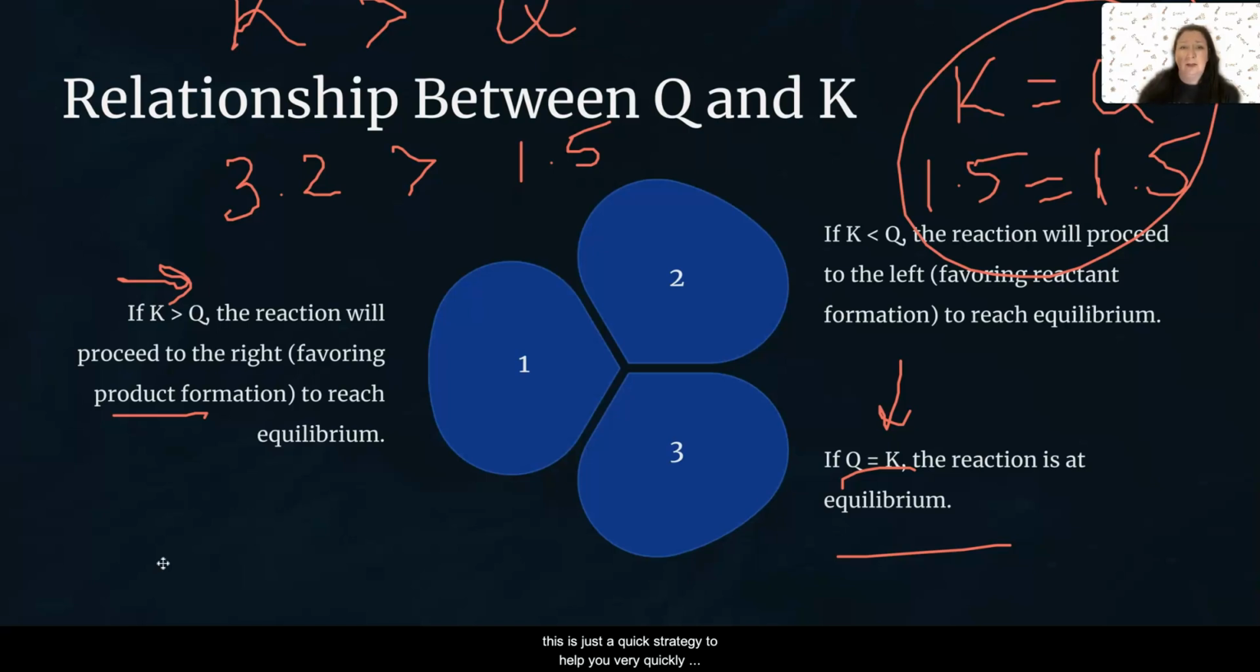This is just a quick strategy to help you very quickly determine which way it's going to shift, and then you can start writing your answer instead of having to pause and think which way is it going to shift. So just so you know, that's why I do that. All right, now